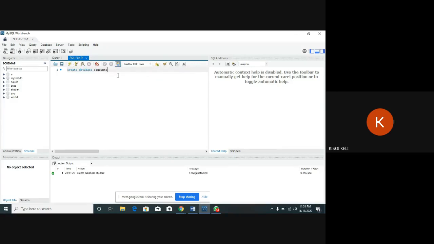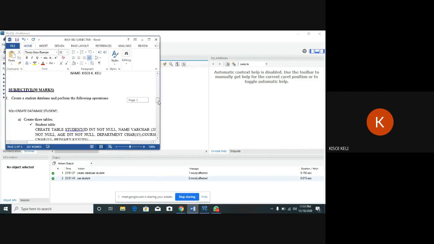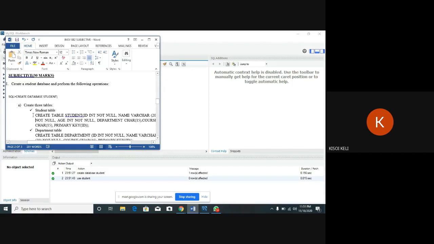So it's fine. After creating, I will use student. Execute. Okay. Now I'll create three tables. So the first table is the student table. So I'll create the student table